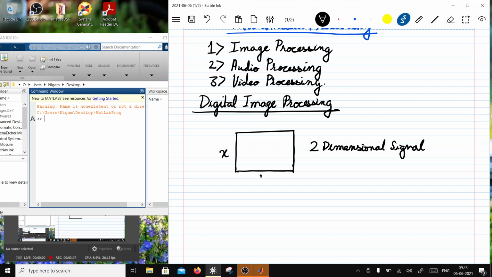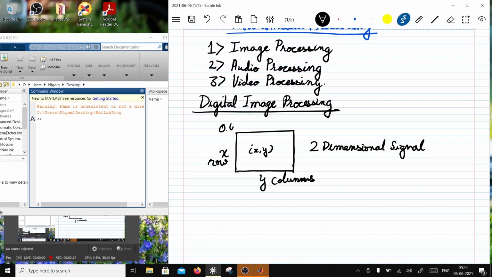So let's say this is x, this is y. By rows I mean x, and columns are y. So any point would be x comma y, right?